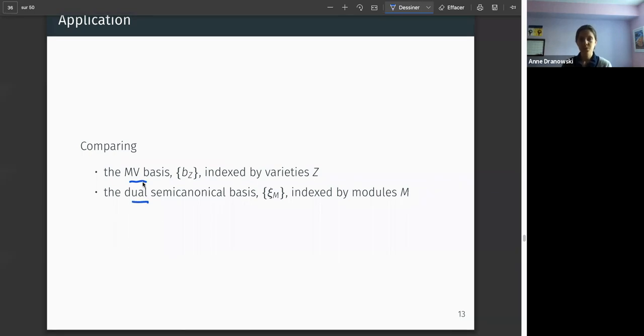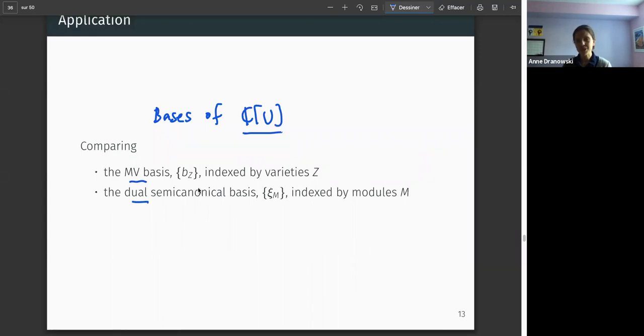We won't go into how they're defined, but just to say that they are both bases of representations of some group, but that can be viewed simultaneously as bases of the coordinate ring of the unipotent subgroup